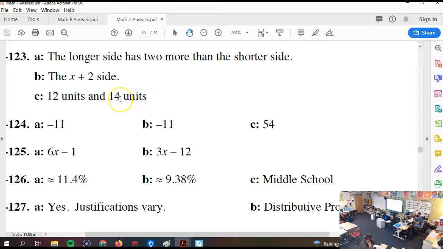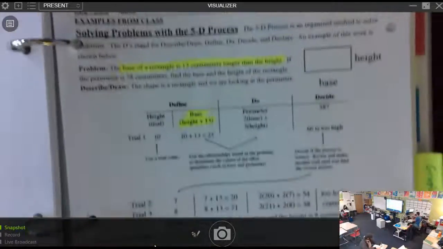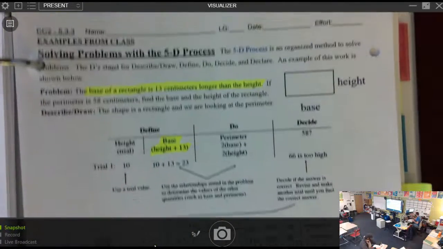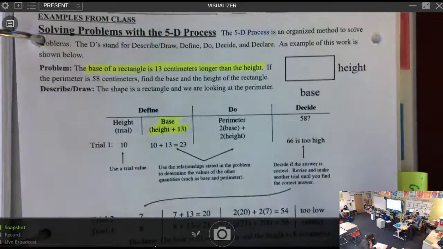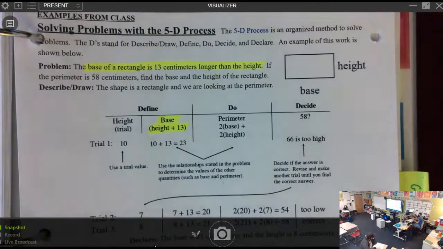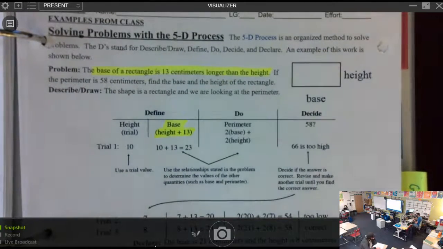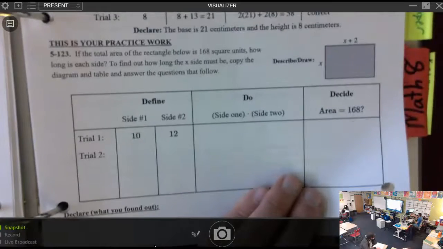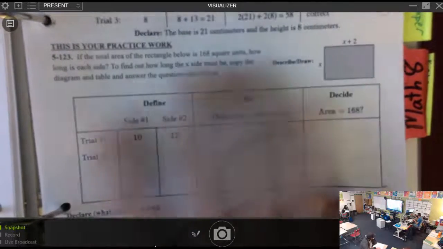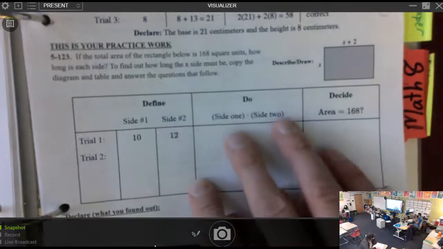So let's go back and check 533 tomorrow, right? Because it's probably going to be more important then. But reminder about 533, it has your example of how to work the 5D process, right? So we started this yesterday. Through today and tomorrow we're going to talk about why the 5D process sometimes is silly. Not all the time, but sometimes. So please make sure you have some work down here for the 5D process. This is not something where you can just copy the answers because it's you making guesses and adjusting.